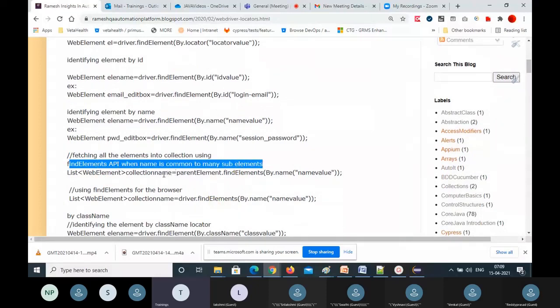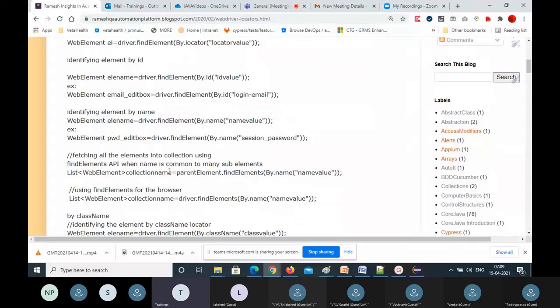First you have to identify the parent element before calling this line of code. So List<WebElement> collection name equal to parentElement, not driver here. I'm talking about a particular element's child elements, sub elements. So how can you get that? First identify this parent element using any of this syntax.